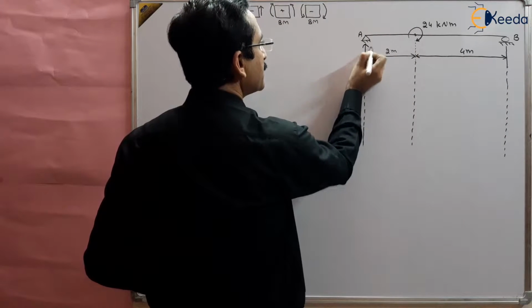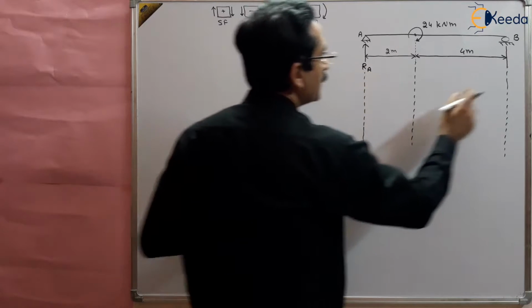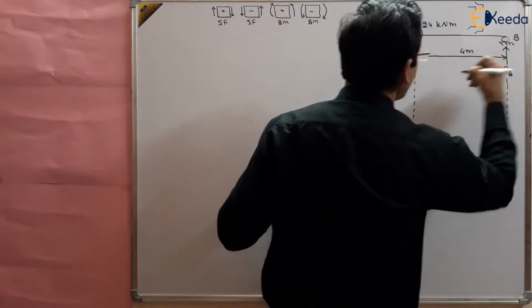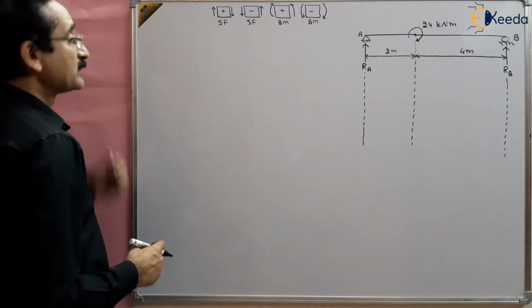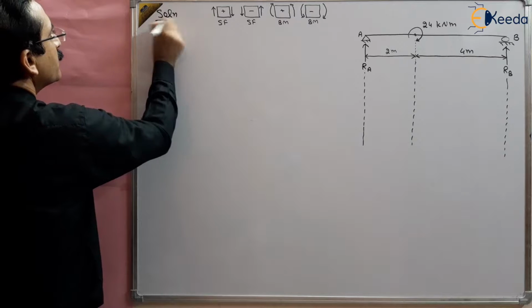So suppose this is reaction RA. We have to first find out the reactions RA and RB, and then we will solve for shear force and bending moment. We will take the sections and then solve it, right? So how to find out the reactions? For finding the reaction,